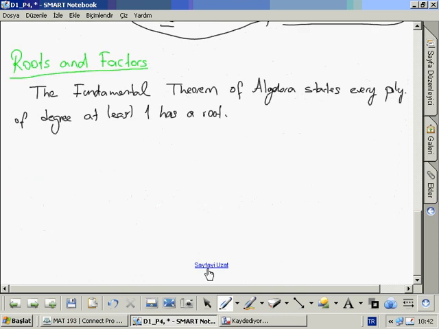The fundamental theorem of algebra states every polynomial of degree at least one has a root. So, example,